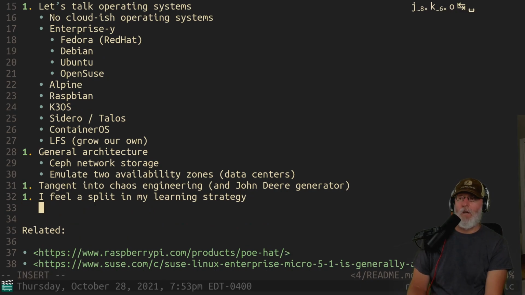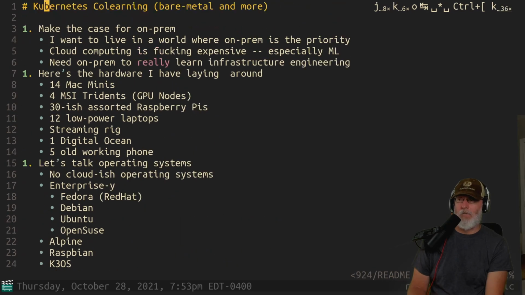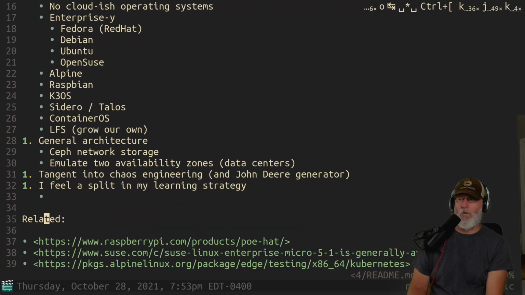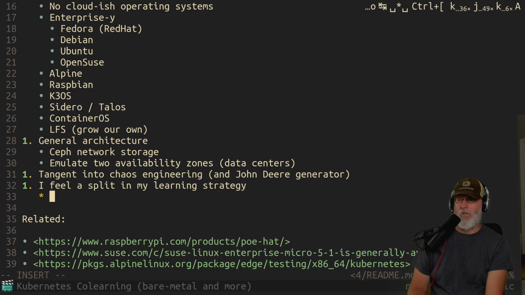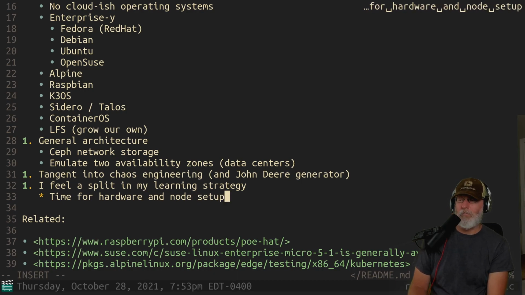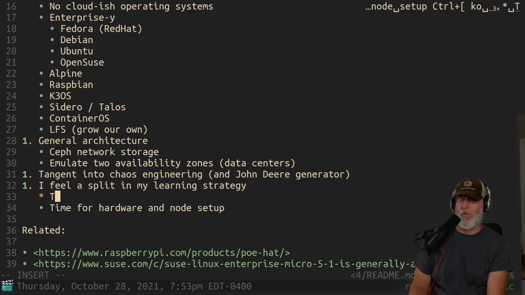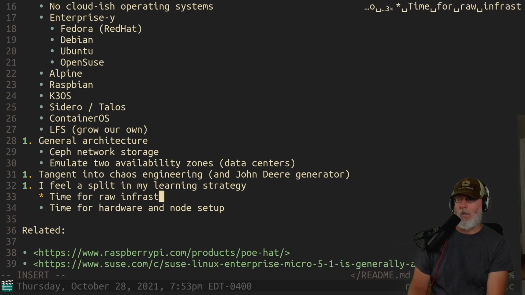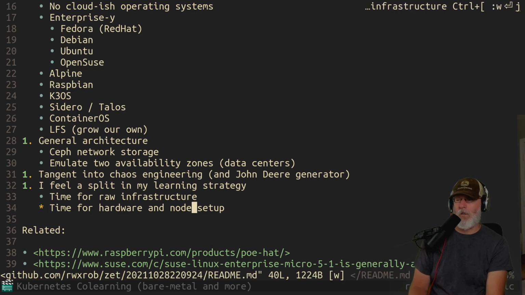I need to make sure that I have enough time for the hardware, right? Time for hardware and node setup. Actually, we need time for infrastructure. Raw infrastructure, networking and stuff. You know, building out systems, maybe building our own OS. I would consider that part of infrastructure, actually, like doing an LFS project.